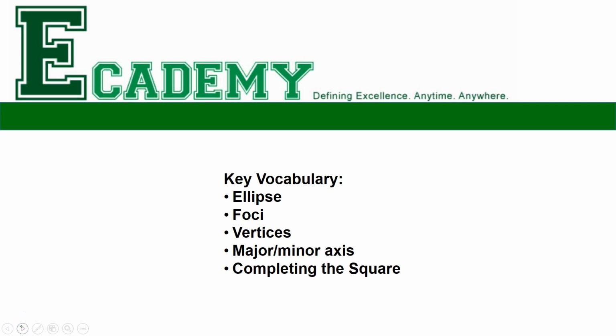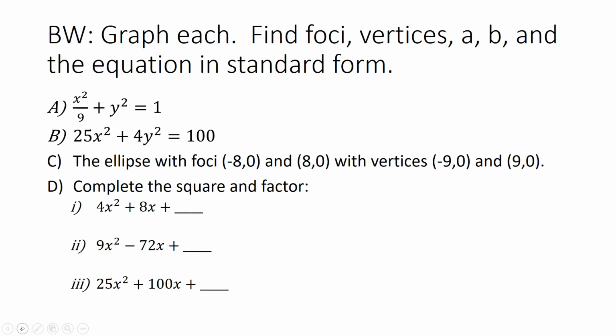Vocabulary is the same as last time: ellipse, foci, vertices, major and minor axis, and completing the square. Completing the square is added this time because, just like what we did with the parabolas, where we had to complete the square to find the equation in standard form, we're going to see it here too. So we're going to start off with just some regular ellipses like we had in the last